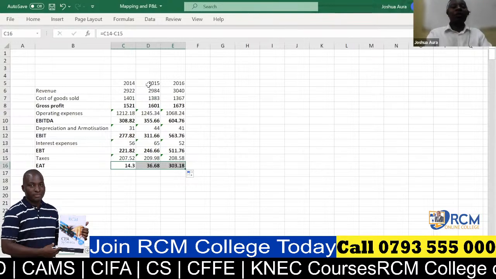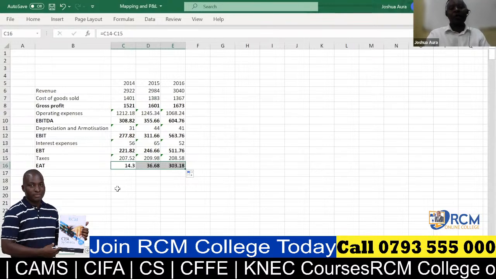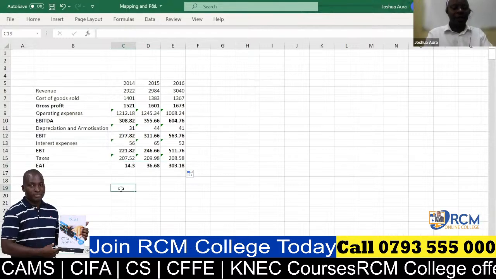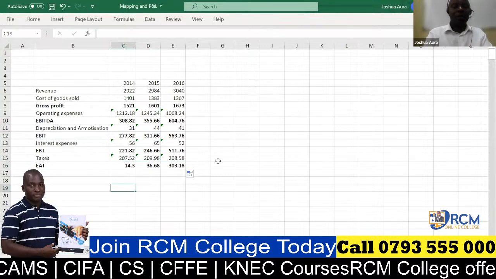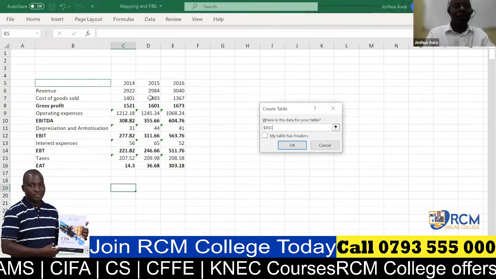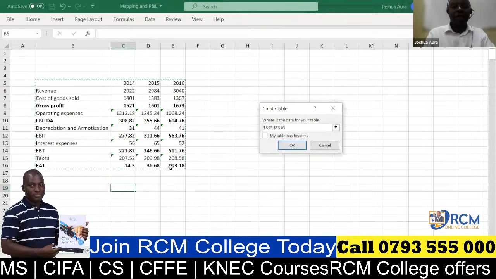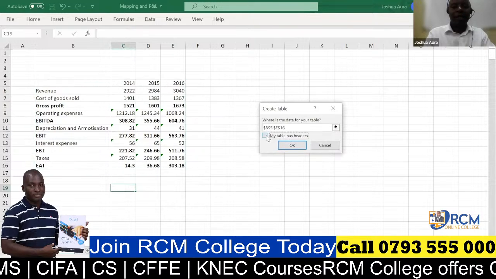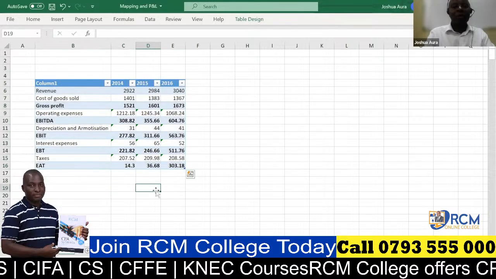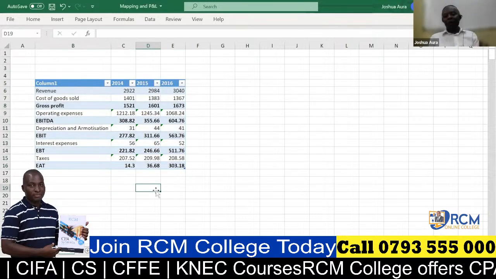Great. So from there now I can come and arrange all this information in form of tables, right? To make it look good. Control T for table. I would want it to start from here. Moves down like that. Does it have headers? Yes, it does. I'll be able to say okay. So now I'm trying to present my table in a very good way so that